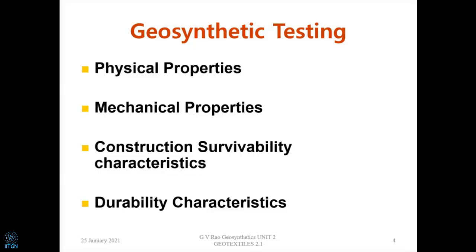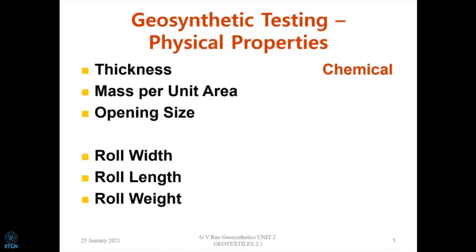And there are many factors or parameters which are going to be used for this evaluation. If you look at physical properties, thickness of the geosynthetic, the mass per unit area, and the opening size. We'll discuss all of them in great detail today. And also, though we give importance to the physical characteristics like this, we also think of what is the chemical nature. At least we are not going to necessarily do any testing ourselves, that means in a laboratory. But when in doubt, you have to send it to a laboratory, which is a polymer laboratory.